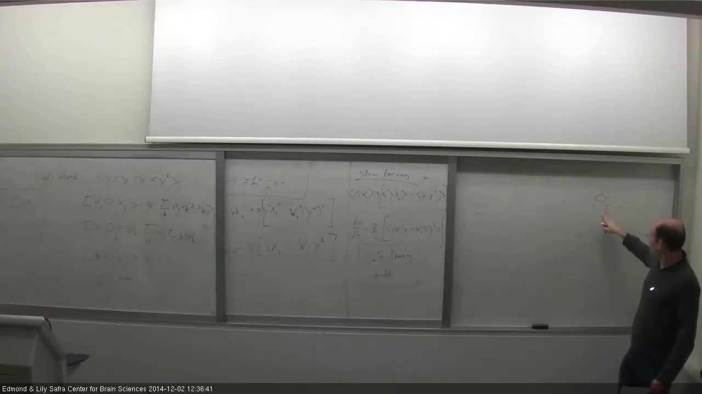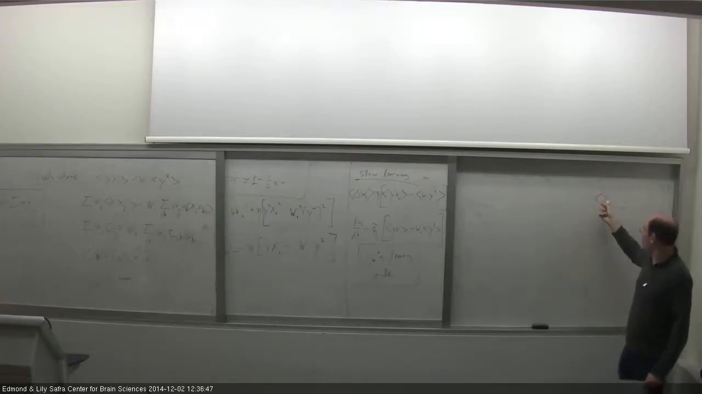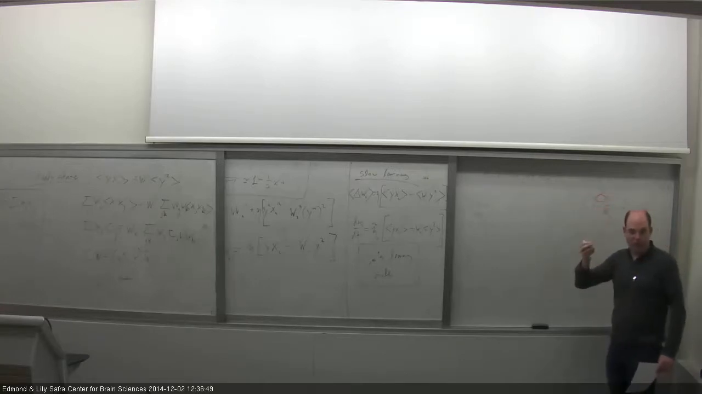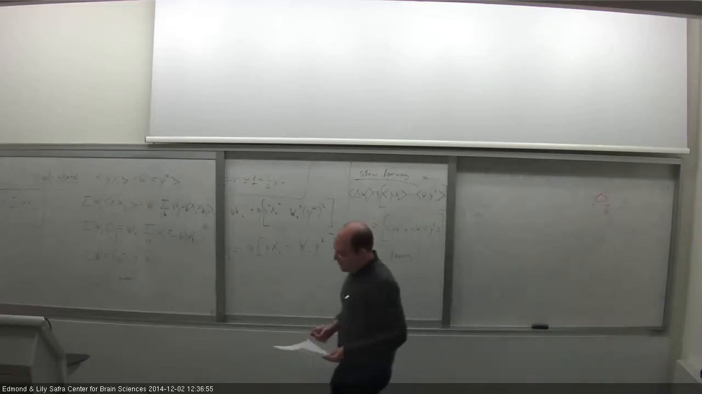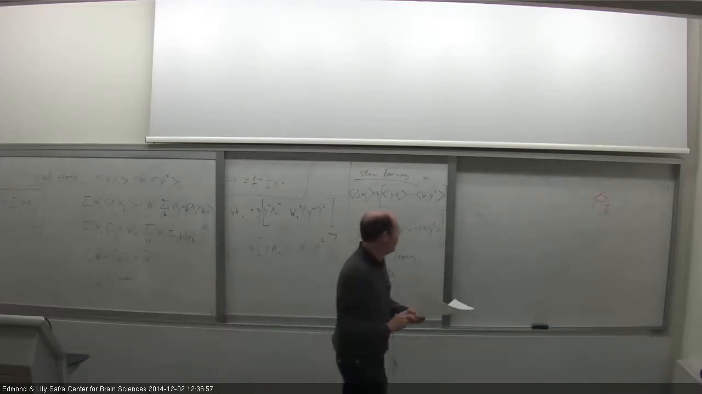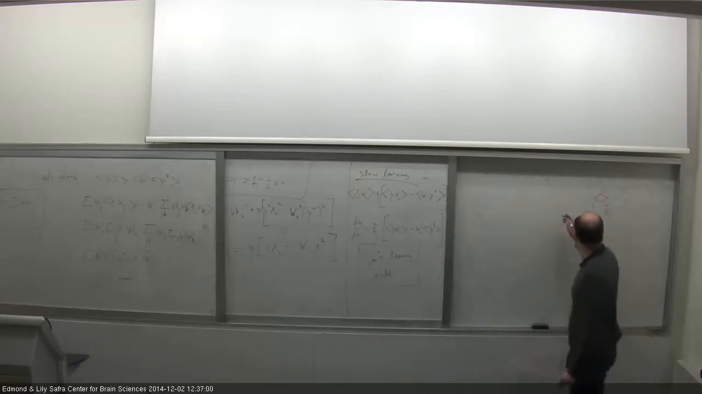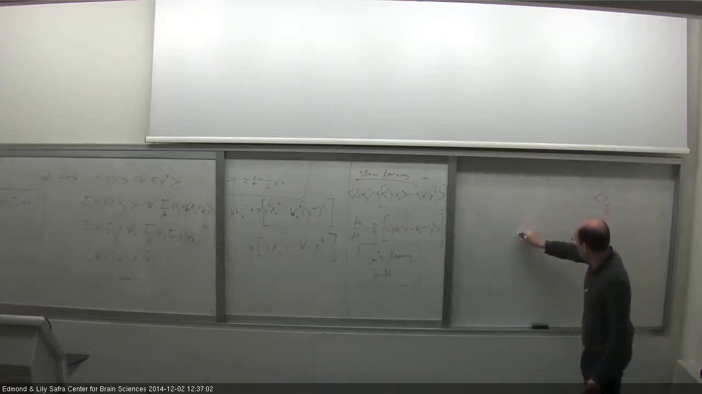An anti-Hebbian learning rule wants to make different neurons uncorrelated with each other, because it increases the weights between them if they're anti-correlated. So this was the idea. Let me just first describe the dynamics of this network. The dynamics of this network is described by the fact that Yi